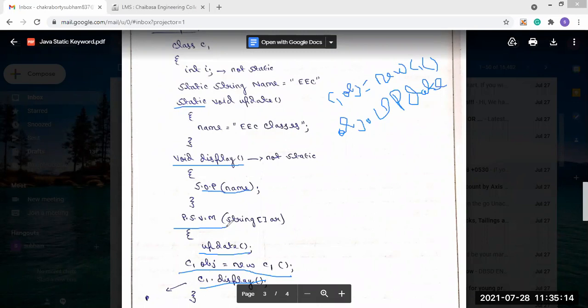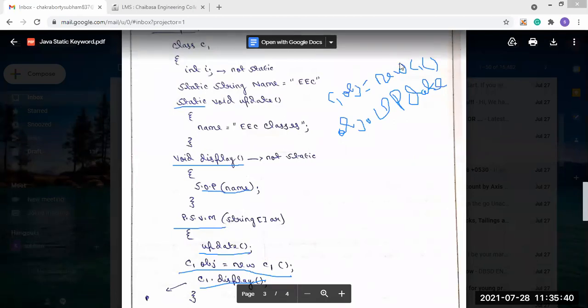If we didn't use static in the main, we could not call the main method at that time, because a class object would have to be created and through it we would call the main method. That's why in the main we use the static keyword. So this is the example of it, and this is about the static method.